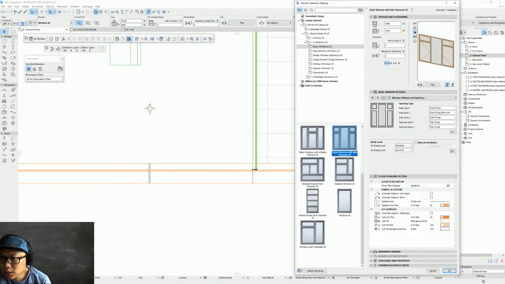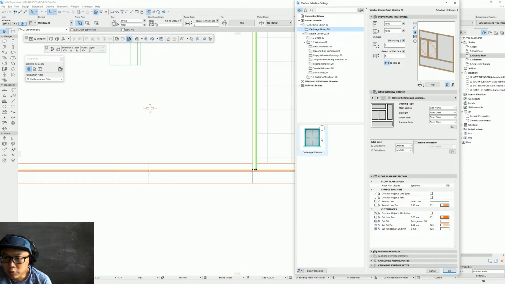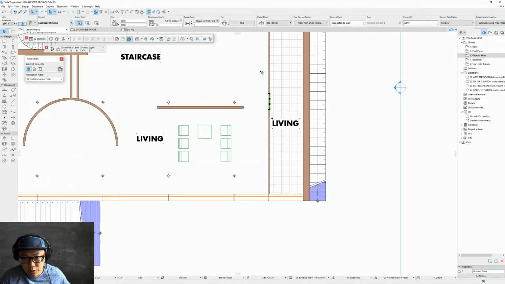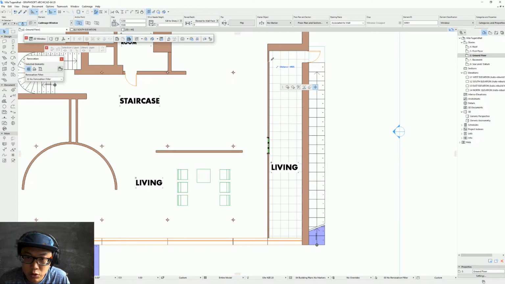I think that's why I don't really like to use the ARCHICAD windows. If you had the commercial version, you can have some CAD image windows, and this one allows you to customize the window a bit more, and I feel it's a bit easier. So you click on the CAD image windows, and here, if I just want 3 panels, I just add this and press OK. Of course, it would have resized it, so now I can just stretch it back,